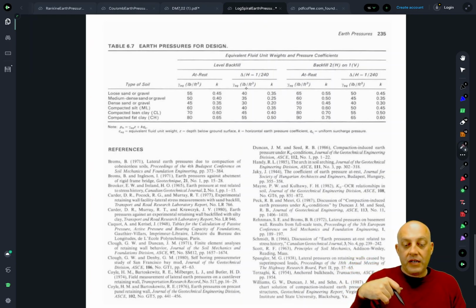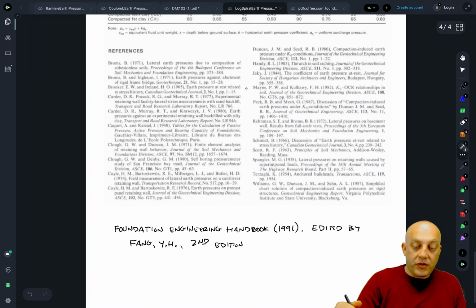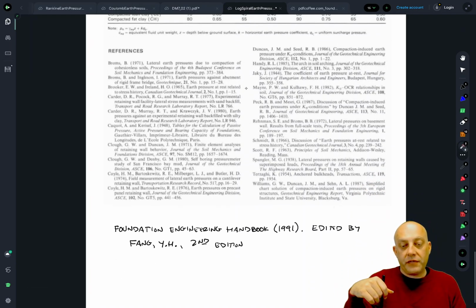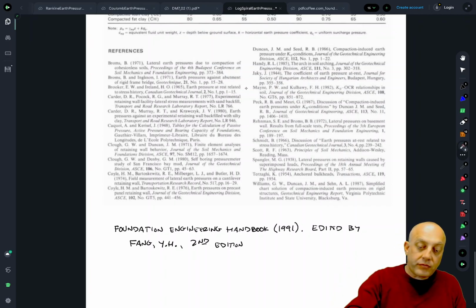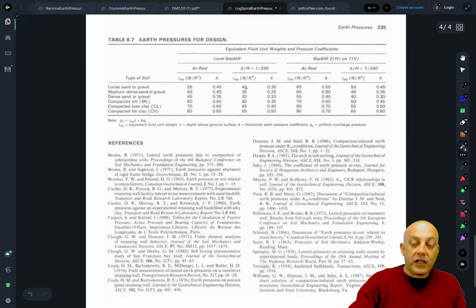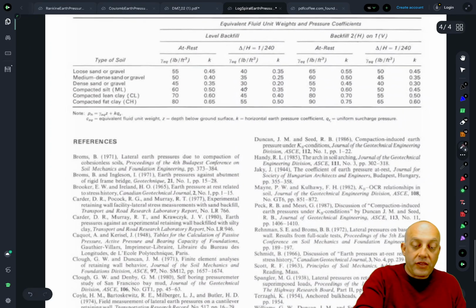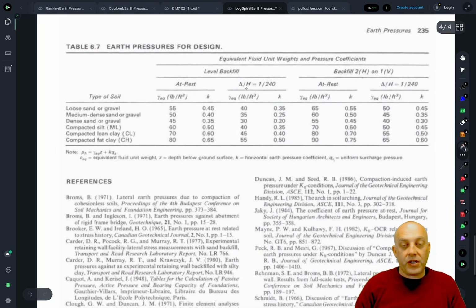Okay, then the last thing that I'll talk about here is design earth pressures or equivalent fluid unit weights. And this is a table that was originally formed by Clough and Duncan, and it can be found in the Foundation Engineering Handbook, which was a 1991 document edited by Y.H. Feng, and this is the second edition. So the idea here is basically to make things as simple as possible on our structural colleagues. So when we give them